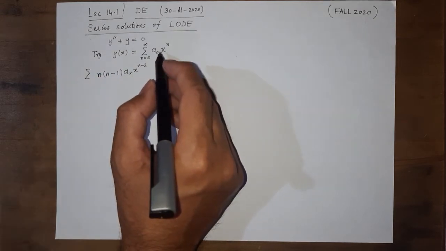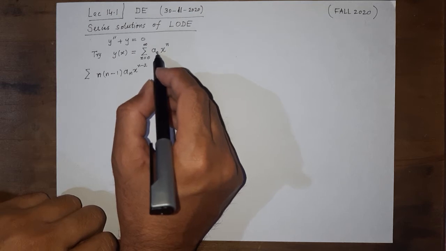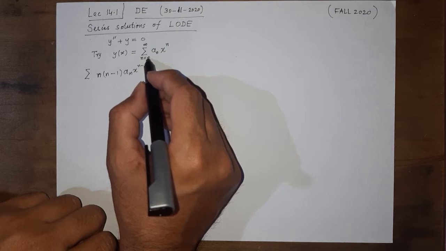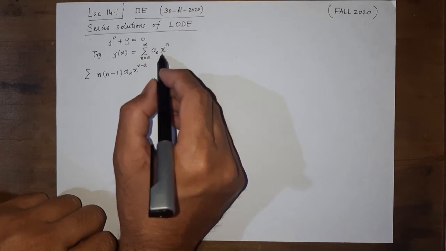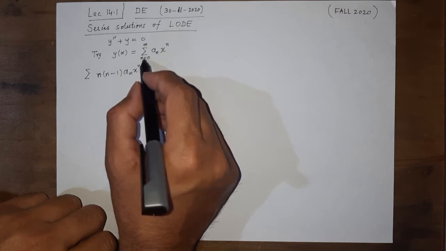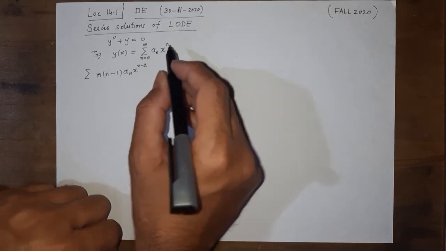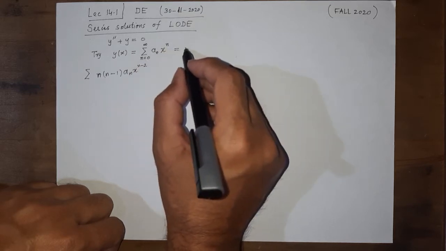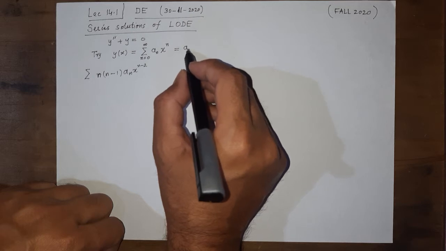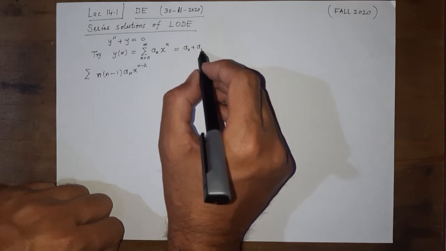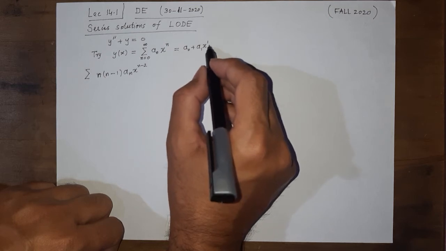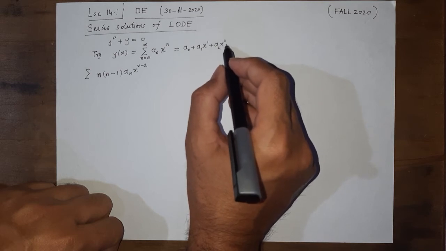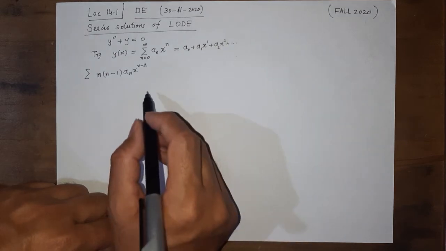When taking the first derivative, n equal to 0 means a0 x^0, and x^0 is 1, so that is a constant term. For n equal to 0, this is a constant term a0, and for n equal to 1, it is a1 x. If somebody has a problem with this notation, one should know that this represents a series like this: a constant term a0, plus a1 x raised to power 1, plus a2 x raised to power 2, and so on.